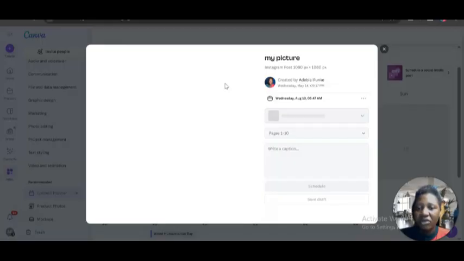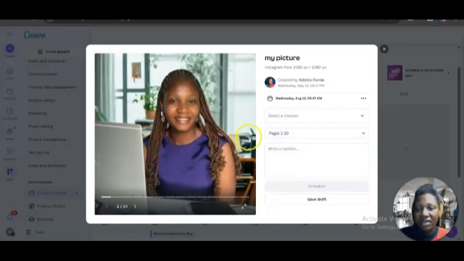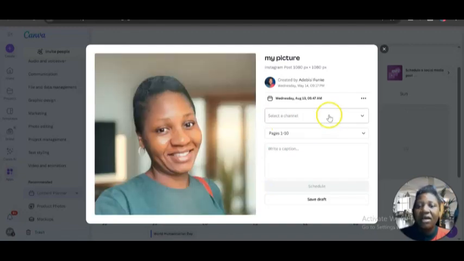So it's my picture, and it has many pages. So this is going to be like a carousel post like that. So now you're going to select a channel where you want to post it to. I've already connected my LinkedIn to Canva. So that is where I want to post it to. So I click on my LinkedIn,